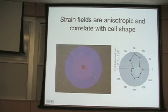We do the deformation maps just the same as Margaret showed us yesterday. We put some cells on these gels. We allow them to contract and then we poison their contractile machinery with blebistatin or depolymerize their actin, and then the cells will relax. They'll get rid of their tension, and by looking at how those beads move, we can figure out how much the cell deformed it. Okay, so a lot of these